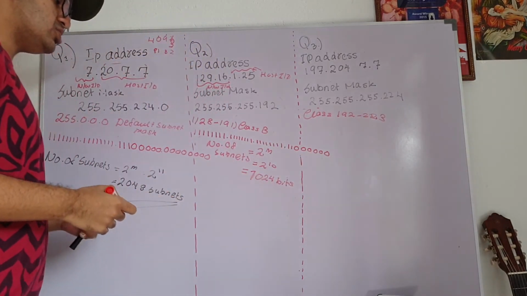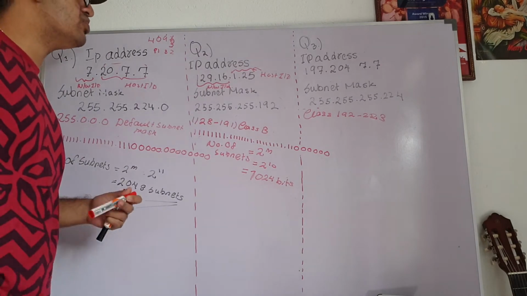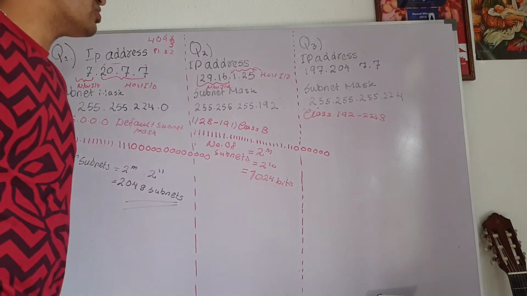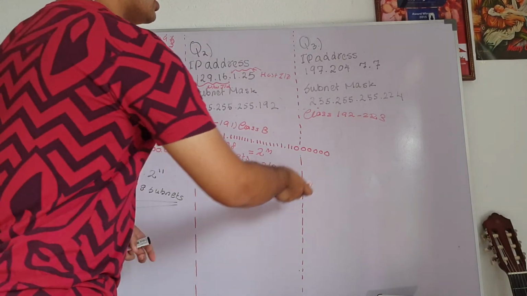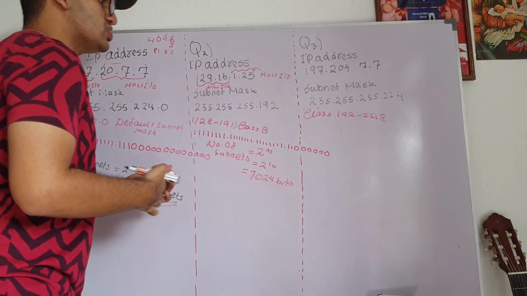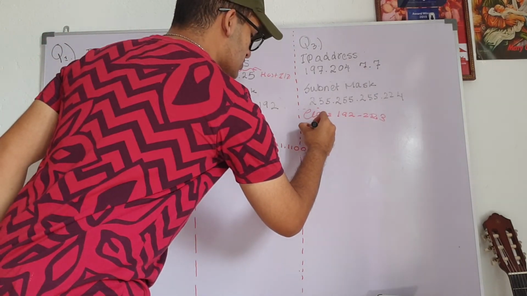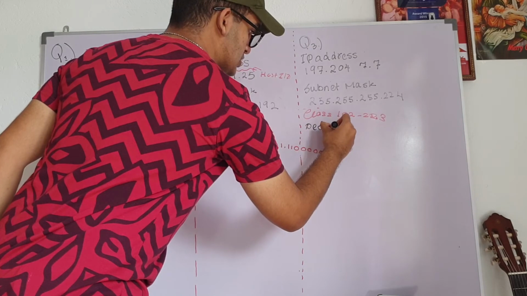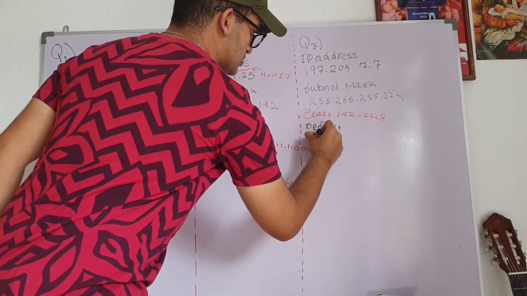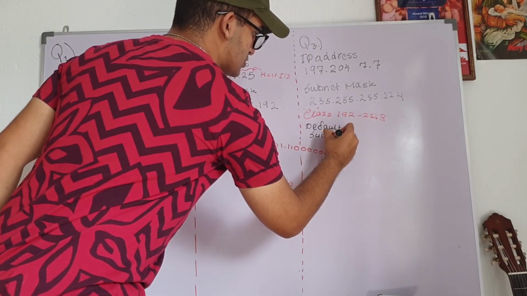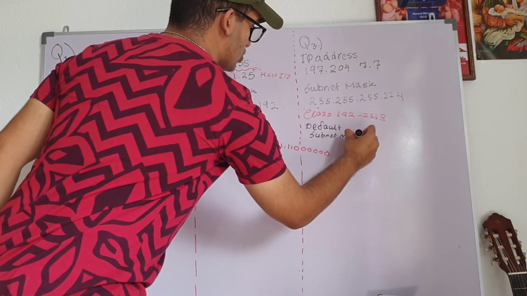So 192 to 223 is going to be the range of that. So now the default subnet mask of this is going to be